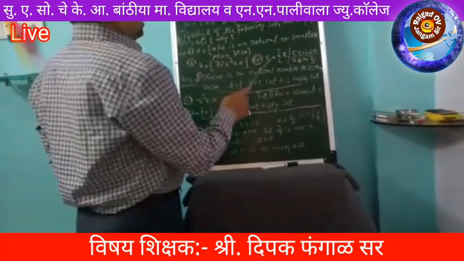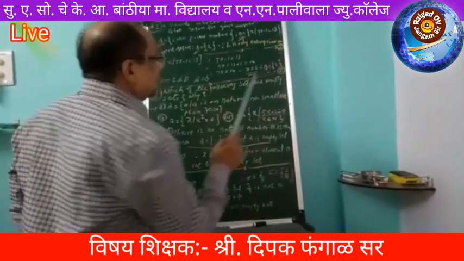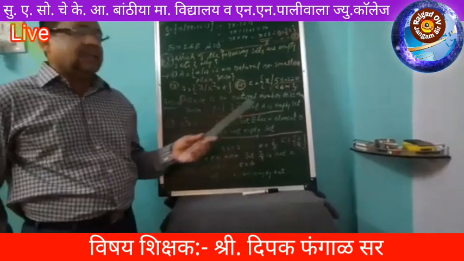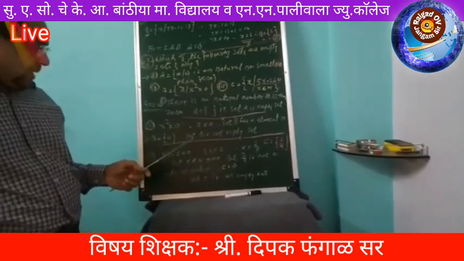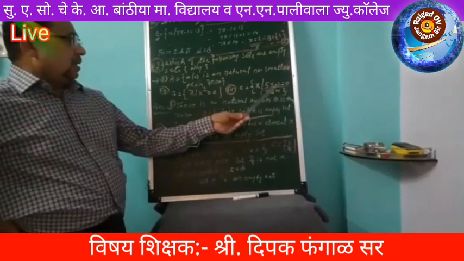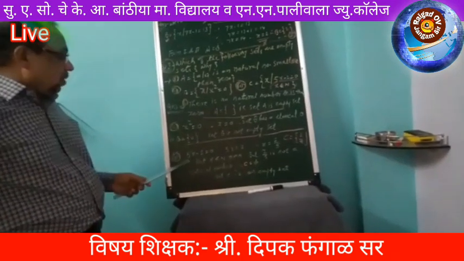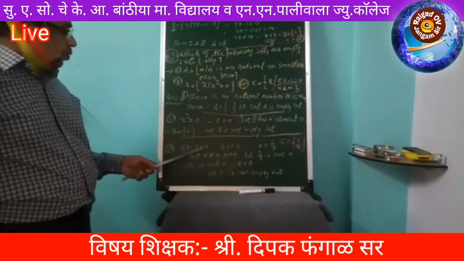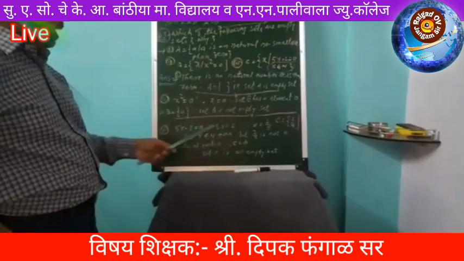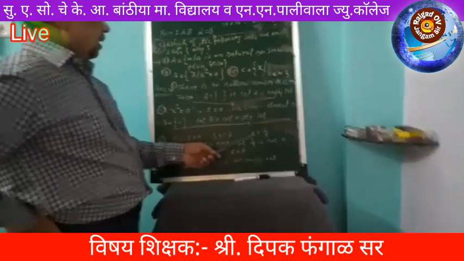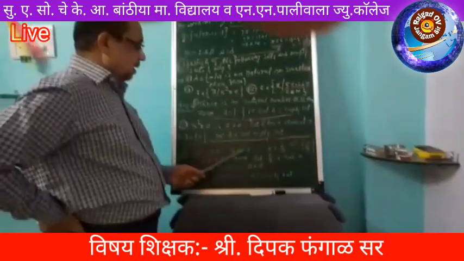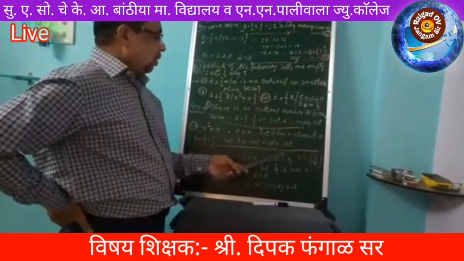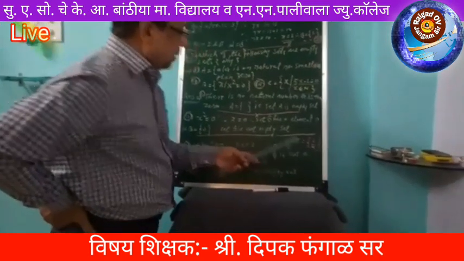See here, third question. C is the set of all x such that 5x minus 2 equals 0 and x belongs to N. This is the important condition, x belongs to N. It means that x is a natural number. You solve that equation, 5x minus 2 equals 0. When this minus 2 goes to the right hand side, it becomes plus 2. Hence we write 5x equals 2, and then x equals 2 upon 5. Here 5 is multiplied; when we transfer it to the right hand side, it becomes divide. So x equals 2 upon 5.